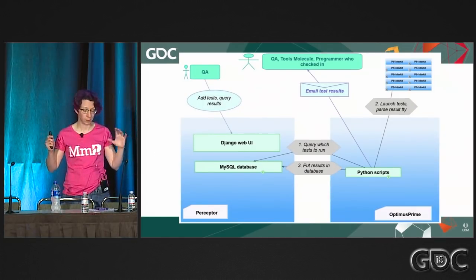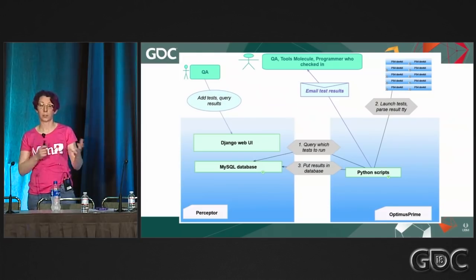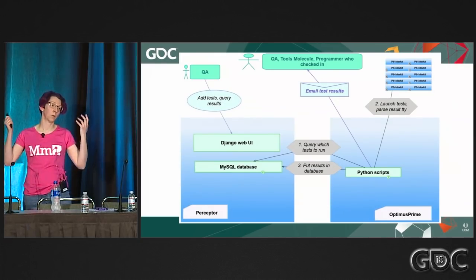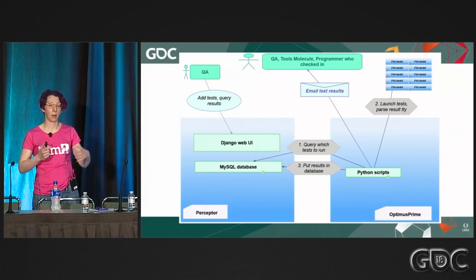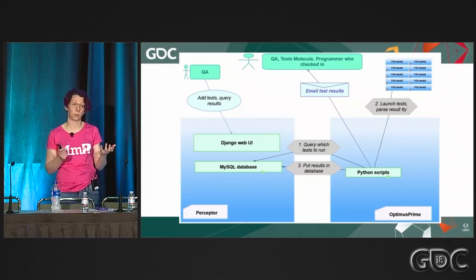So how does it all fit together from a tech perspective? We have a MySQL database, which we use to store which tests we have and which tests run as part of which suite. I.e. what replays get run if you run a smoke test, what replays get run if you run a more in-depth script, that kind of thing. So that's in the database. And we also store the results of each run in the database.